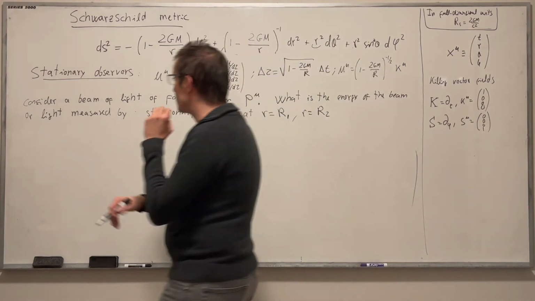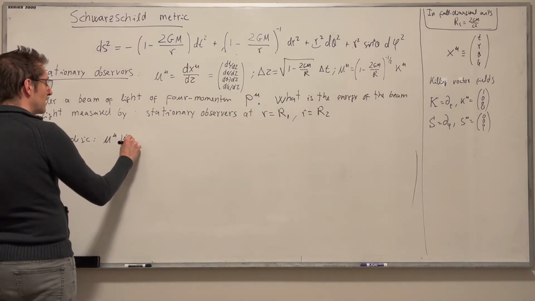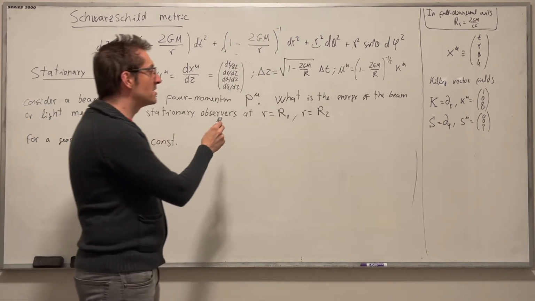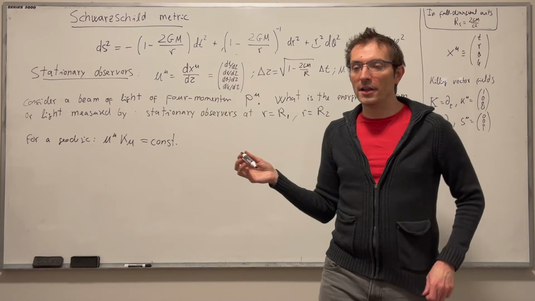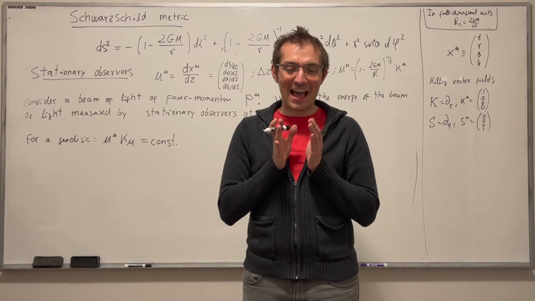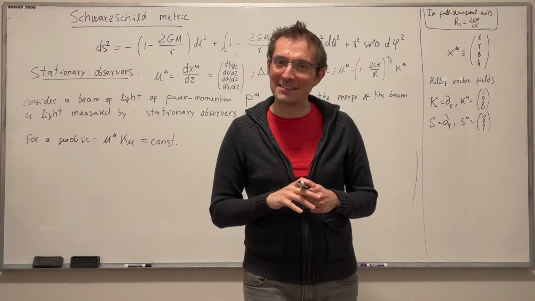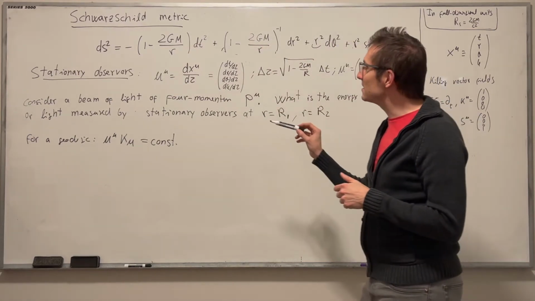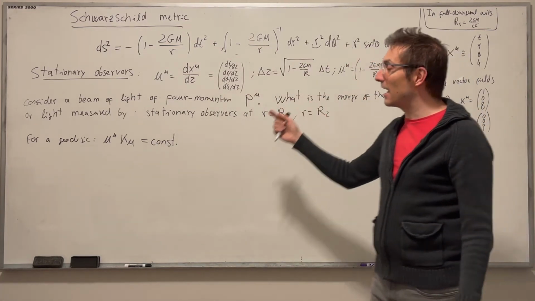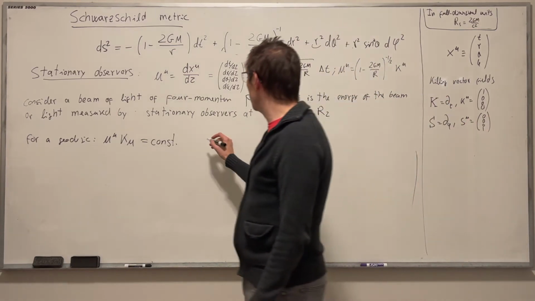Now, we know that for a geodesic, the four-velocity u mu contracted with the Killing vector k mu is constant along the geodesic. Neither of these stationary observers is on a geodesic. Remember, to be in the presence of a planet and not to move, you need propulsion. You cannot stay at zero velocity, stationary at a point, and not start falling towards the planet. So this is true for a geodesic, but it's not true for the trajectory of these observers. However, it is for light. If I have a beam of light freely propagating, that thing is following geodesics. So it is true that for light,